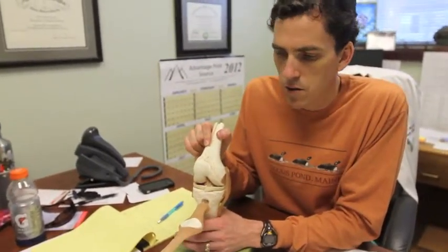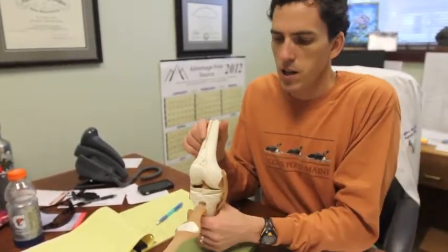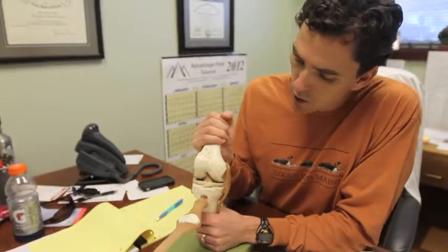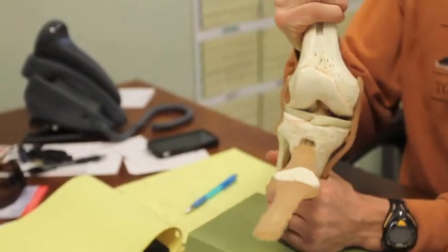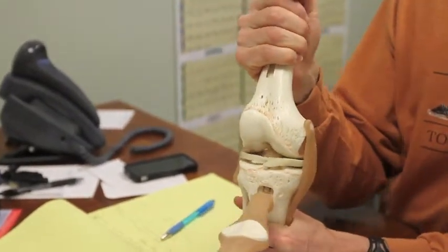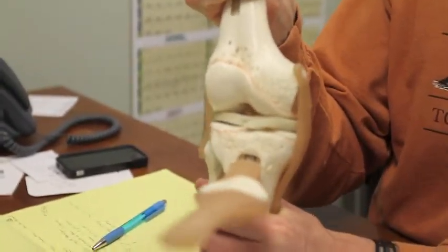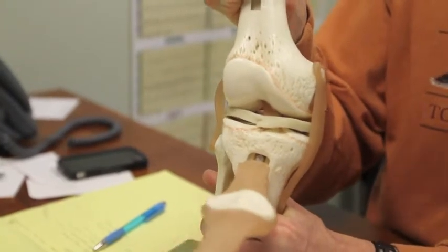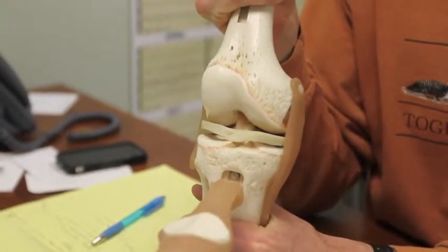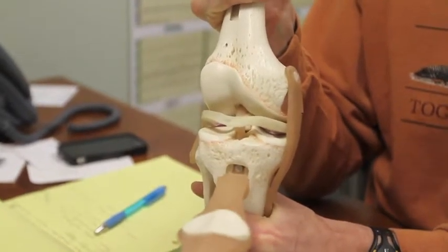So what this whole meeting came up with was plyometrics, strengthen the hamstrings, and pay attention to how you jump and land. More importantly, landing. So when you land awkwardly and your knee is in valgus, which is knock-kneed, and the tibia rotates, it tends to rotate like that. So the tibia is rotating this way internally on the femur, and the knee is in valgus, which means it's in a knock-knee position. That puts more stress on the anterior cruciate ligament, and the more extended the knee is, the more stress there is, so that it tends to just literally pull away like that, and when that happens, down goes the athlete,